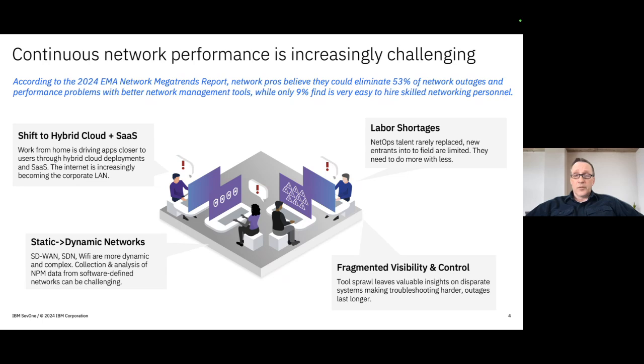Those are a couple of the things that, as IBM and SevOne, as a team, we're looking at: how do we help to reduce the gaps in visibility? How can we make it easier for new hires to do more, and also to augment some of their experience with things like generative AI? So those are some of the areas that we're seeing. And in addition to that,